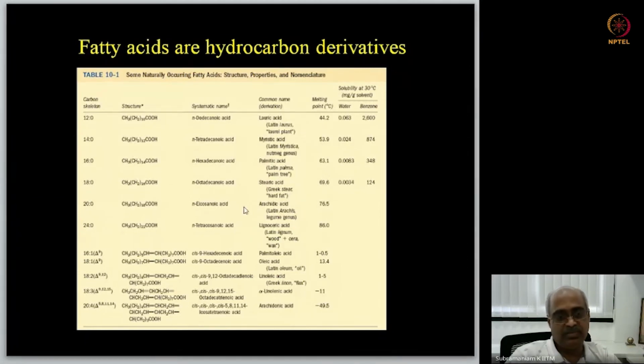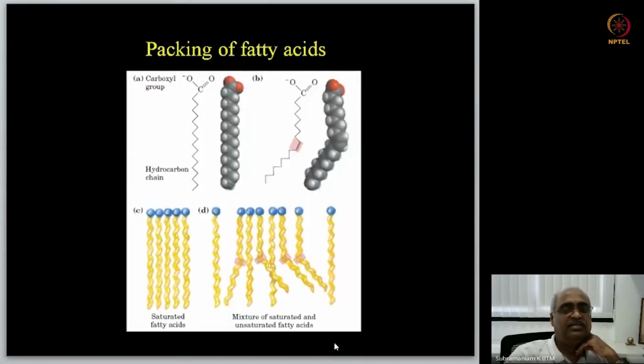So these 3 are the main ones, particularly the unsaturated ones our body cannot make, and they are important via the blood. And their melting points depend on, they are usually solid at room temperature. Their melting point depends on the chain length and the degree of unsaturation, how many double bonds, etc. So they are usually not soluble in water because they are very hydrophobic. So they are soluble only in hydrophobic solvents like organic solvents. Okay, so this gives you